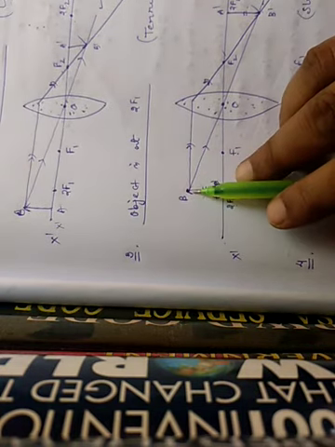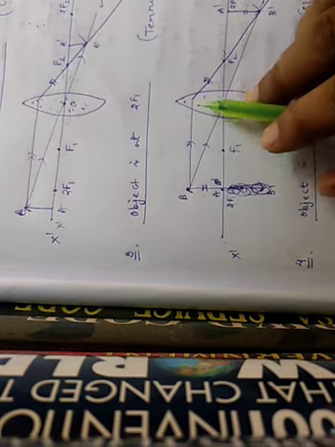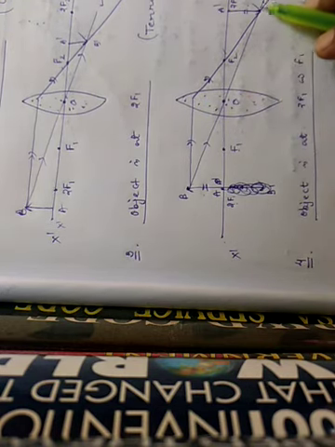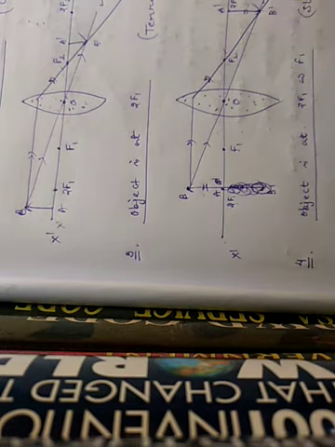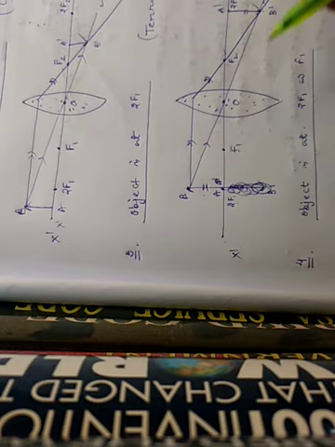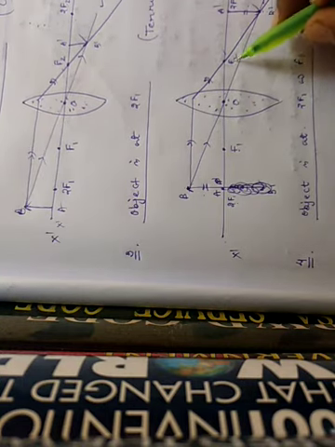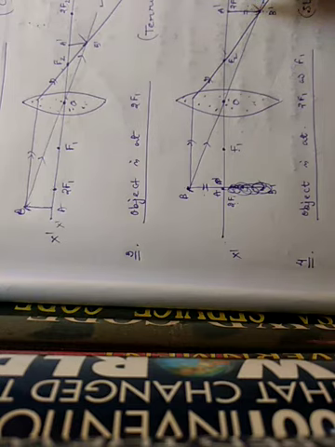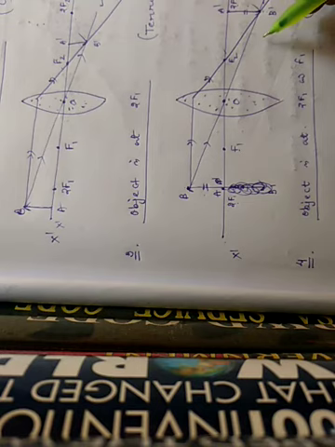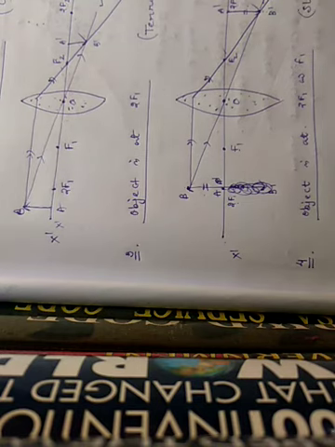Now the second ray from the point B, the incident ray is parallel to the principal axis. According to its principle, the refracted ray must pass through the second focus. So you join here, and you have already gotten the image A dash B dash. Here it is the object AB. Now you put the mark F2 here. As the answer says that image is formed at 2F2, then you have to mark 2F2 here. Now can you realize why we are not using F2 and 2F2 earlier? So in every diagram you have to be cautious and you have to practice all these diagrams two or three times in your rough paper.